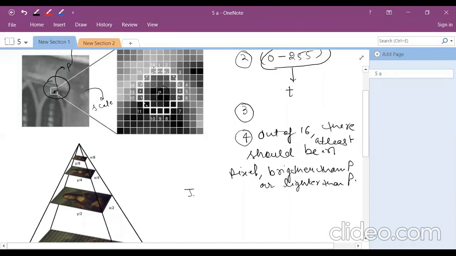So as I know, the pixel value in the center is indicated by IP, and my threshold is T. So you have to check that brighter means IP plus T, the threshold value, and the lighter means IP minus T. You can see in the grayscale image there is only black and white, with no role of color, which ranges from 0 to 255, because there are no 3 channels, whereas RGB has 3 channels.